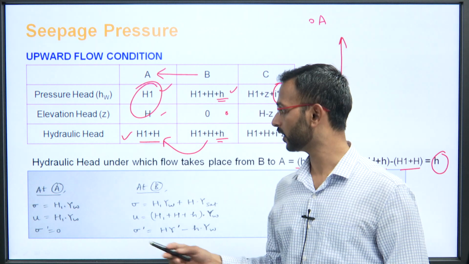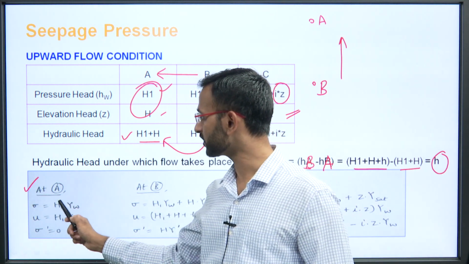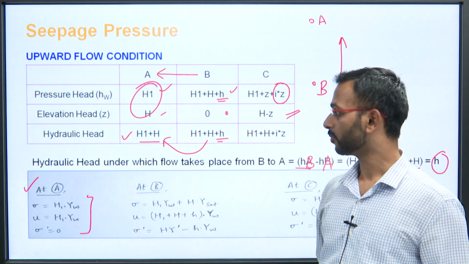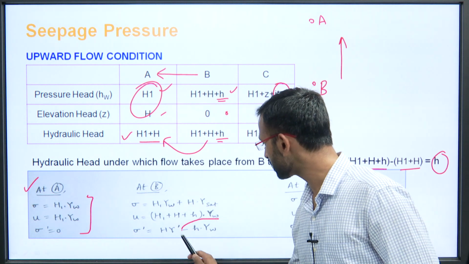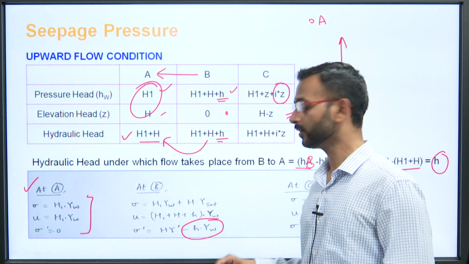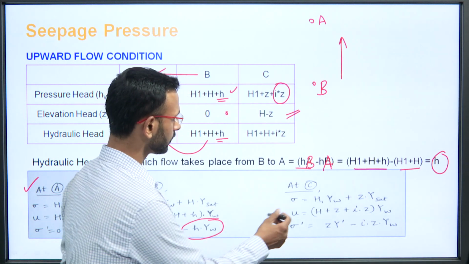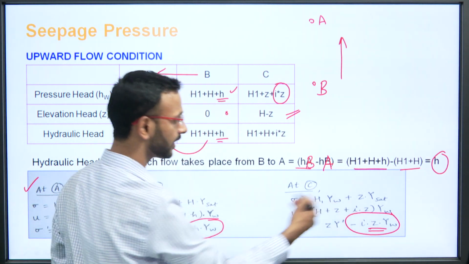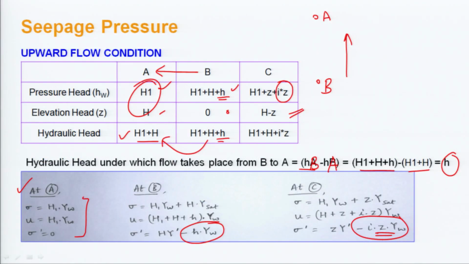Similarly, when we talk about the different stress levels, the total stress at A is totally similar to the previous cases that we studied, but when you talk about the B section, the effective stress value has somewhat decreased, and then at point C this is Iz gamma w, that is, the effective stress has again decreased. So, this decrease in effective stress is what is noticed in the upward flow condition, which is contrary to the downward flow condition. We will be discussing this upward flow condition with quicksand in the next portion.